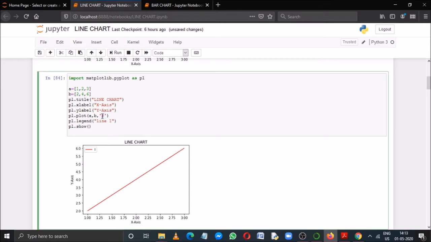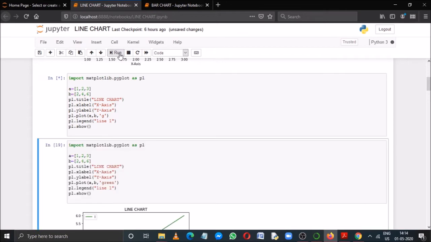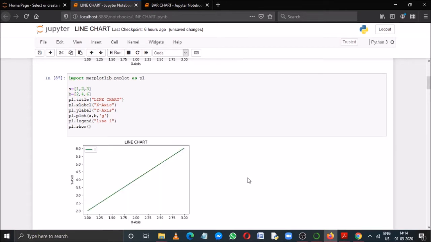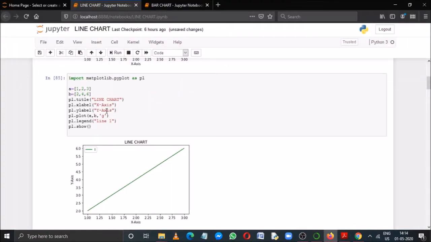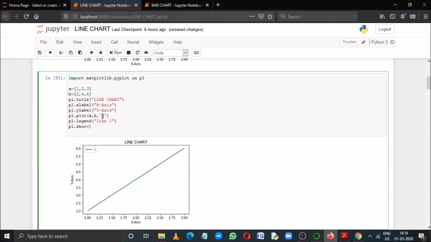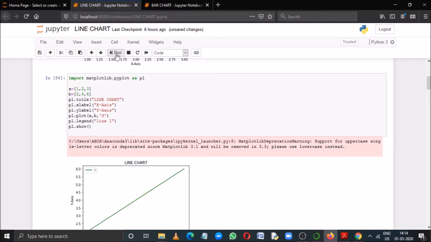If you write g and then run it, you'll get a green color. So like this you can apply all these color codes here. Just check the color codes. Now suppose you write a capital G and run it.